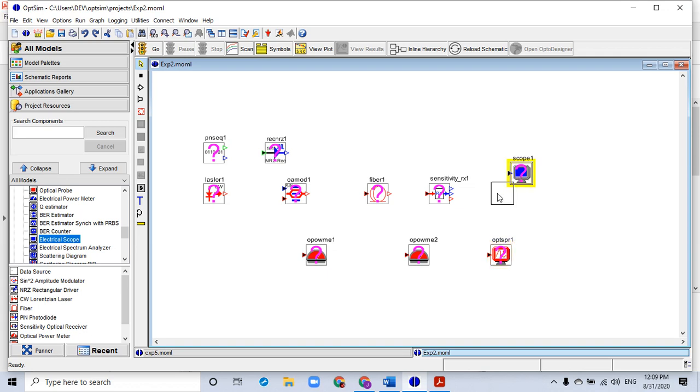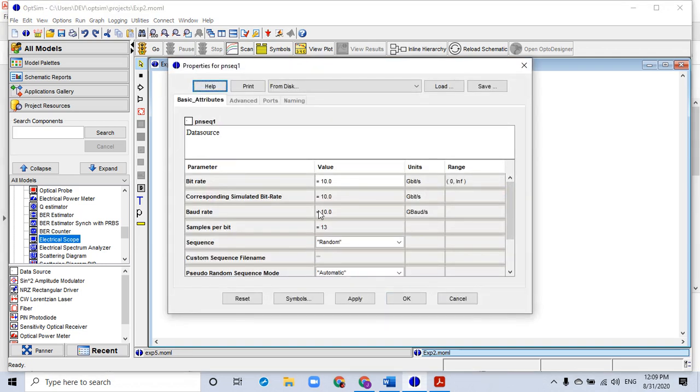Now we need to initialize each and every component. So I click on it. If I want, I can change the bit rate over here and the sequence of generation, and the pseudo random sequence also can be changed, right? The fields which are white, the values can be changed, but those which are grayed out, you cannot change any values, right? So at present we go ahead with the default values. So we say okay.